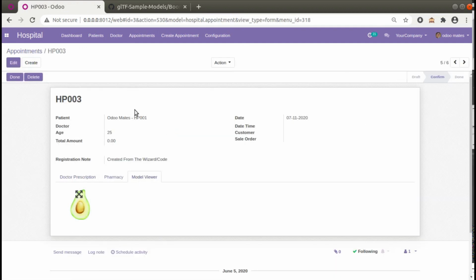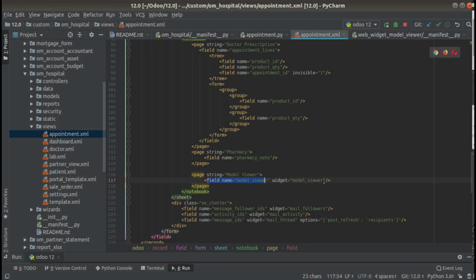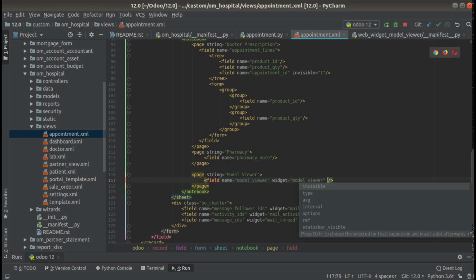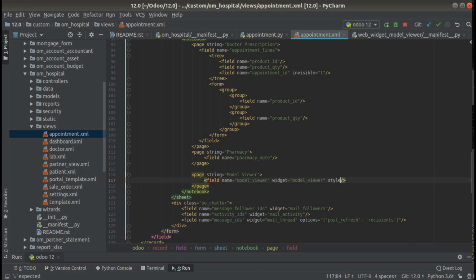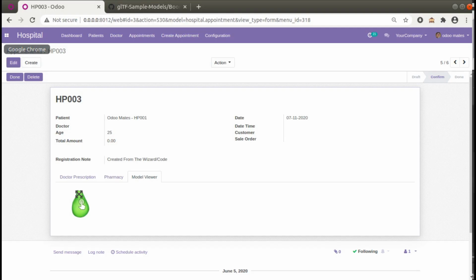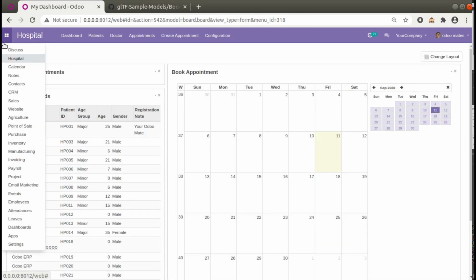So you can give a little bigger size. You can give a style attribute here, style equal to, and specify how much height it should be. I'll be giving height as 400 px and width also as 400 px. So that's done. What we have done is added the corresponding widget and added style equal to height 400 px and width equal to 400 px. I'll be going into the UI, and once again I'll upgrade the corresponding module.